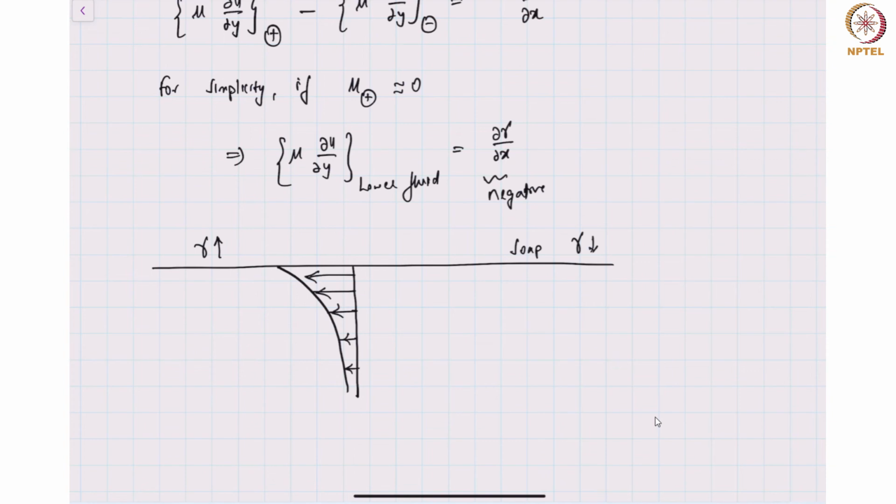Meaning regions of higher surface tension are creating a stress along the surface, and this stress is pulling the fluid from regions of lower surface tension to regions of higher surface tension. There are many other interesting phenomena associated with these Marangoni effects,